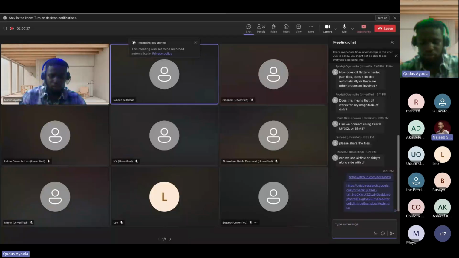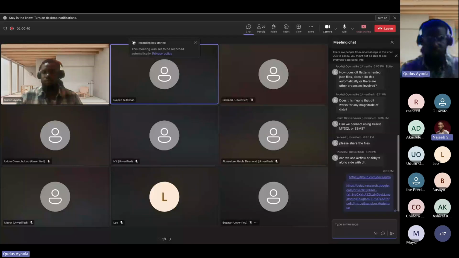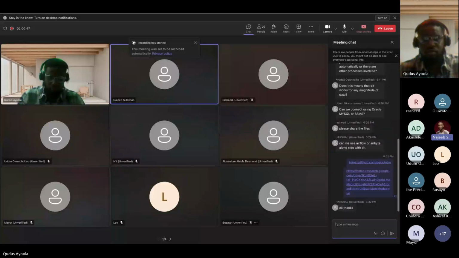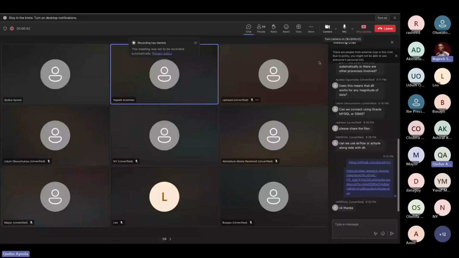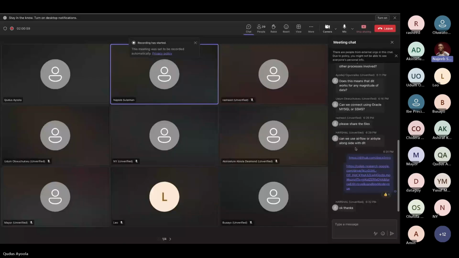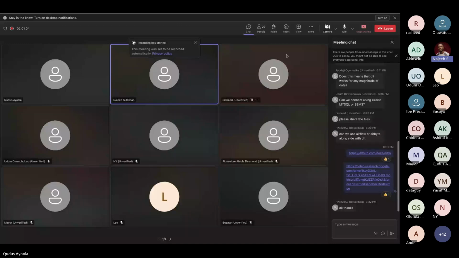Okay, so what's the next question? Thank you for answering that, Ayala. Okay, so in the DLT way of loading data, is the data paginated as is and batch processed, or is the reverse the case? So I think what this person is trying to ask, just to rephrase it, is how DLT approaches data loading. The person is asking if the data is paginated as is and batch processed when loading data with DLT, or whether the reverse is the case.